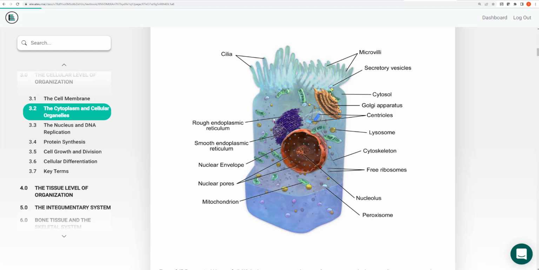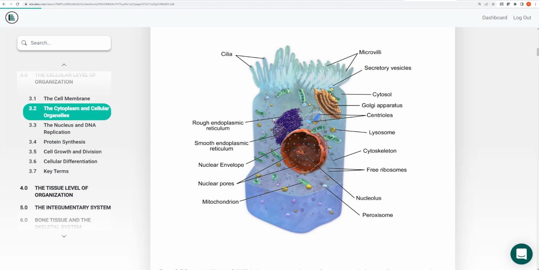The nucleus is surrounded by a nuclear envelope. Some books will call that the nuclear membrane. You'll see that the nucleus has a bunch of holes in it. Those are nuclear pores. In the very center of the nucleus, there's another organelle called the nucleolus. Be careful in the spelling, right? Nucleolus versus nucleus. And within the nucleus, not shown here, is where the DNA of the cell would normally be found.